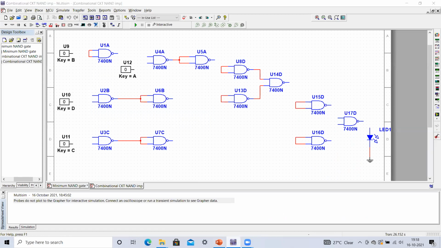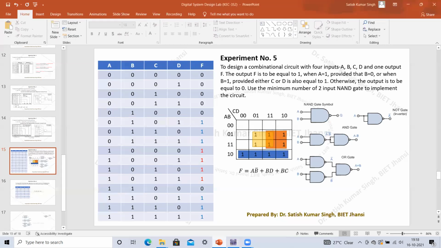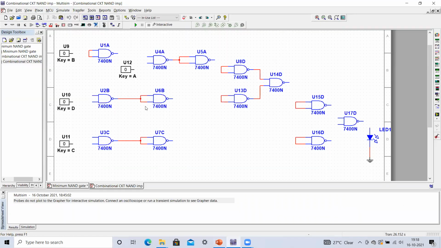So this is our basic circuit. Here you can see that first of all, we have to implement the B bar, and then we have to implement the AND operation between them. To implement the B bar, I am taking B as the input. First we have to implement the complement of B. That should be implemented by the NAND gate, with these 2 terminals shorted and then the input applied, so the output will be equal to B bar.